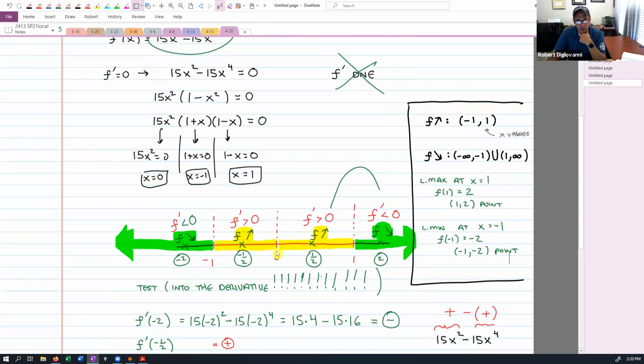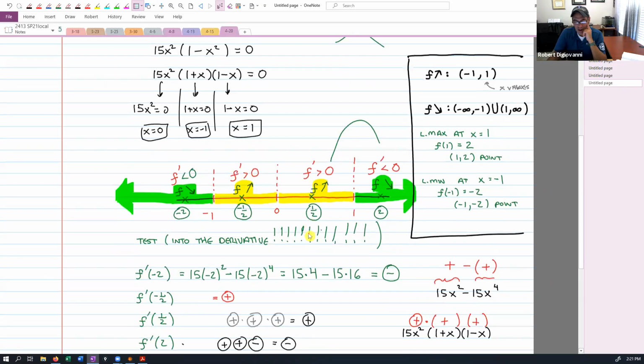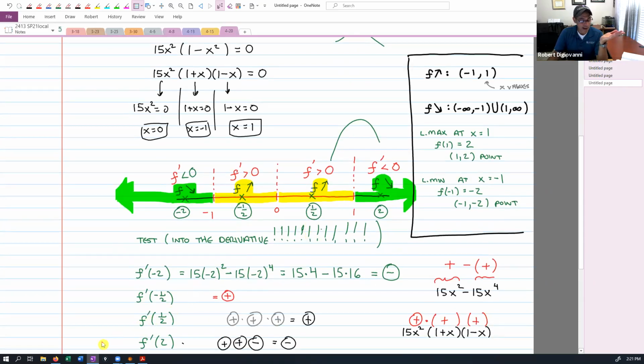All right, so what about at 0? The function went up, then up, right? It didn't go up then down, it didn't go down then up, it just went up and up. So something is happening at 0, but it's not a local max or min. It's like no change, I guess. We don't have a name for it for the first derivative. We actually are going to have something else similar to it in a minute, but not today, next class.